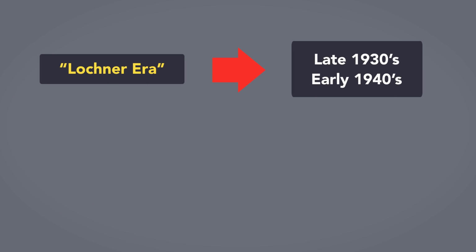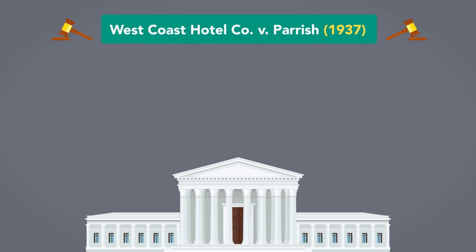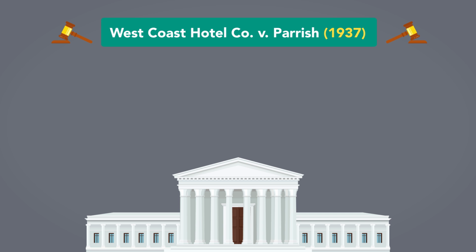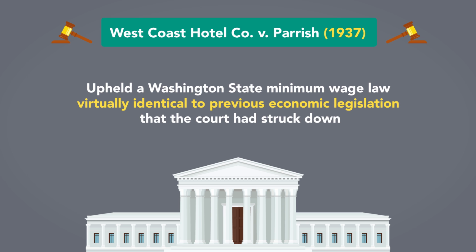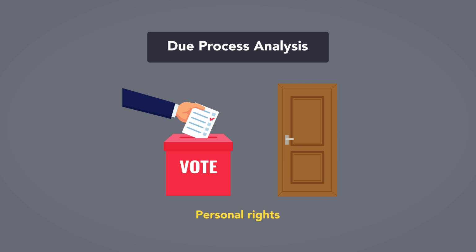This Lochner era lasted until the late 1930s and early 1940s, when the Supreme Court began upholding New Deal regulations. In West Coast Hotel Company versus Parrish, for example, the Supreme Court upheld a Washington state minimum wage law virtually identical to previous economic legislation that the court had struck down. Since then, due process analysis has moved away from economic regulations, which have been upheld unless they were found to be unreasonable. Instead, courts have focused due process analysis on personal rights, such as the right to vote and the